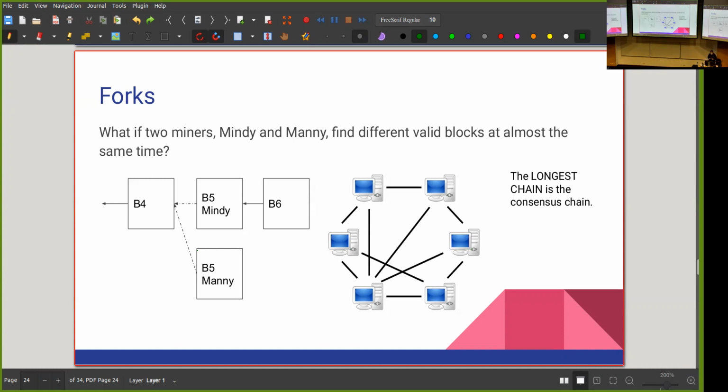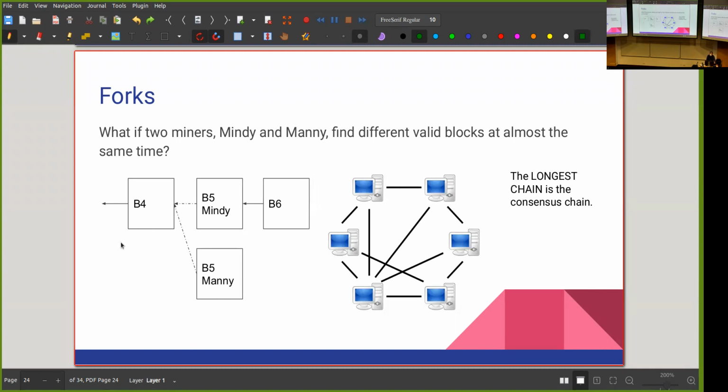So what we have is not a perfect consensus. It's not that at every given time, everyone agrees about the blockchain, but we have eventual consensus. So eventually one of the chains gets longer than all of the other chains. And then everyone on the network would just agree on that longest chain. Okay, and you can see papers on this that prove that it happens with probability 1. Okay, so now finally we have consensus.